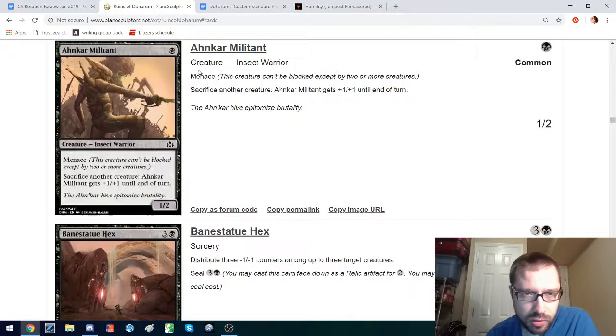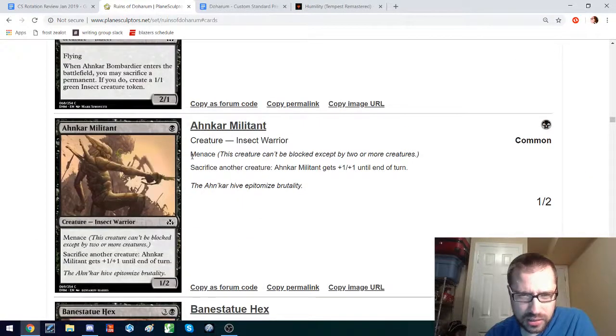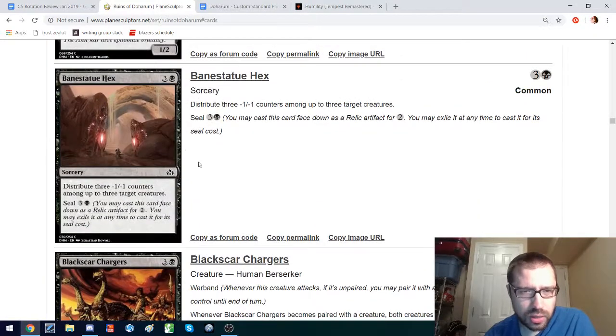Oh, this is an Aristocrats type card. 1 drop. Sacrifice other creatures. Temporary bonus. Didn't I see this almost exact same design in the last set I did? Huh. Yeah, you can distribute counters. Yeah, that's... Like, I really like this... well... I think this could be even simpler. Like, ideally it puts it all in 1 creature. But...